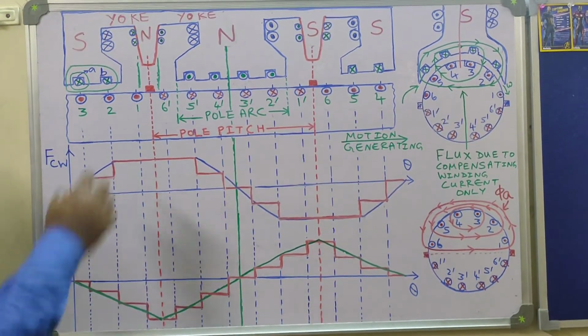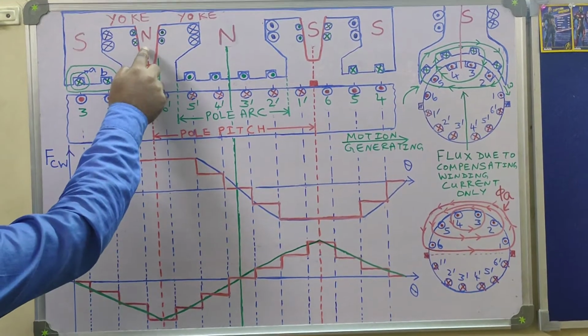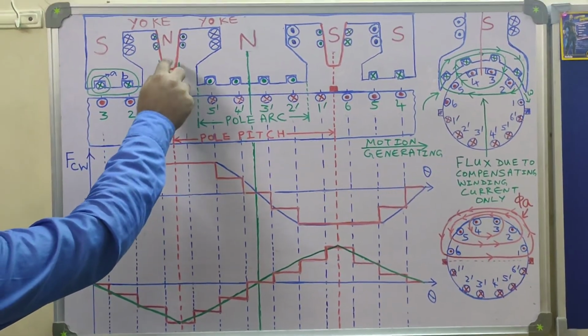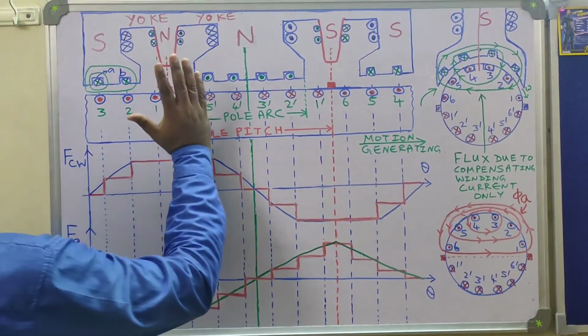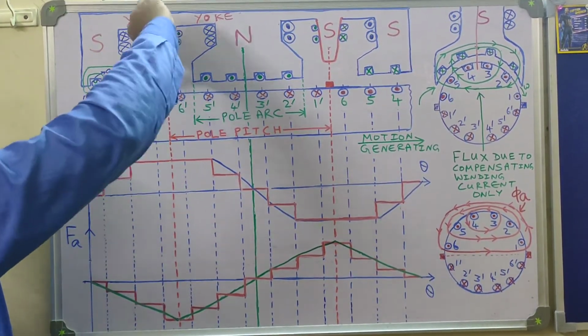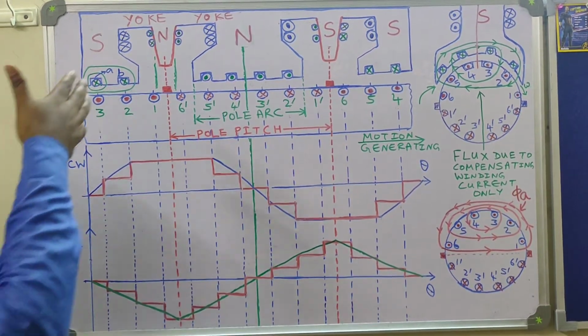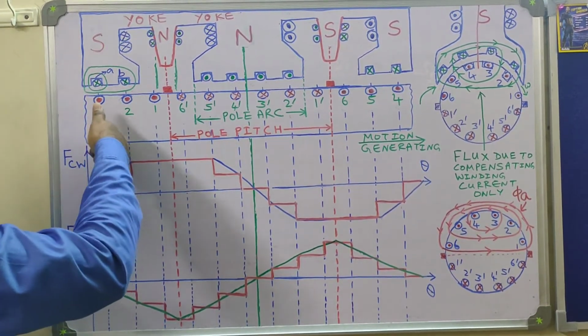Okay. So now this cross and dot is in accordance with this north pole. North means the lines of flux should leave this pole phase. So dot means leaving the board, cross means entering. So you see thumb is leaving the north pole phase, so lines of flux is leaving. Same way you can verify it for south pole. Cross means it is entering, so thumb is pointing towards the pole phase.